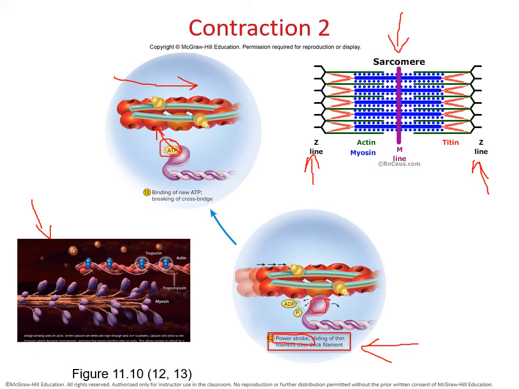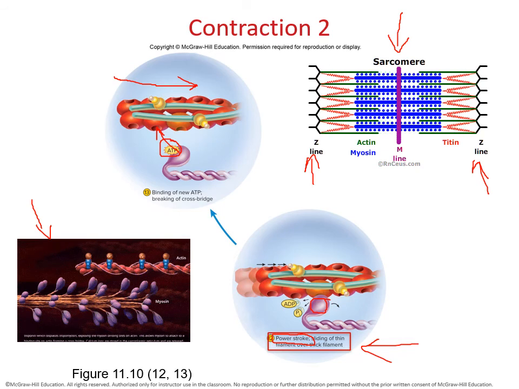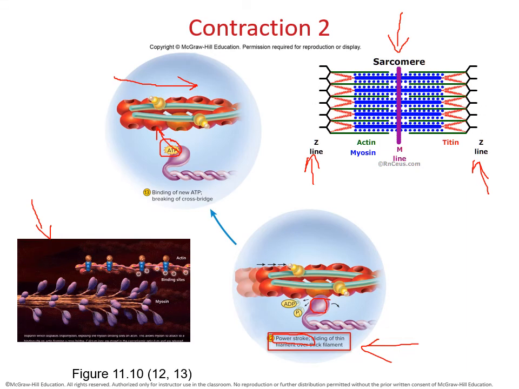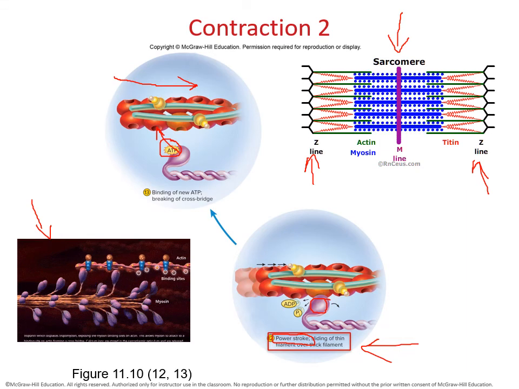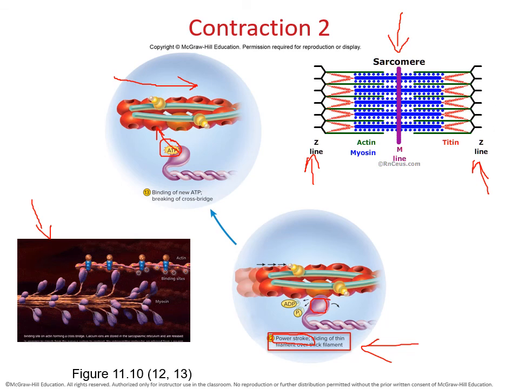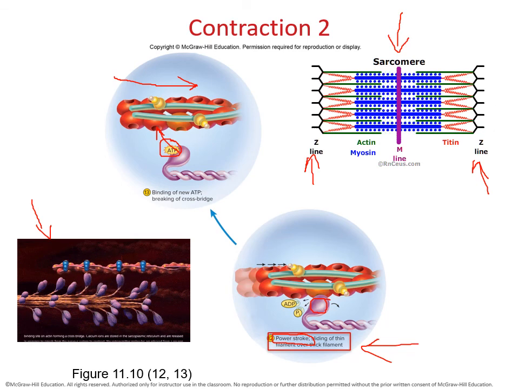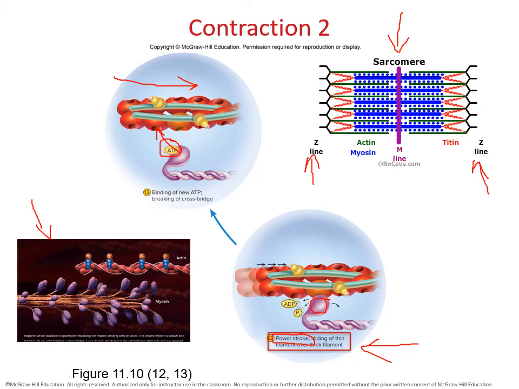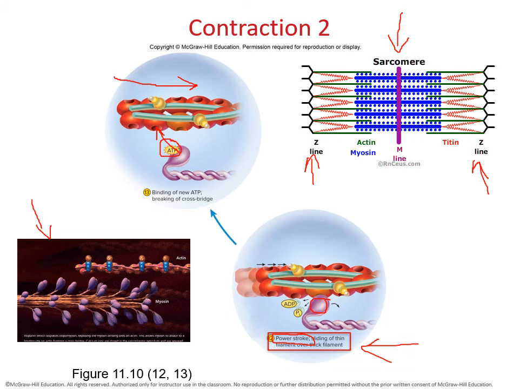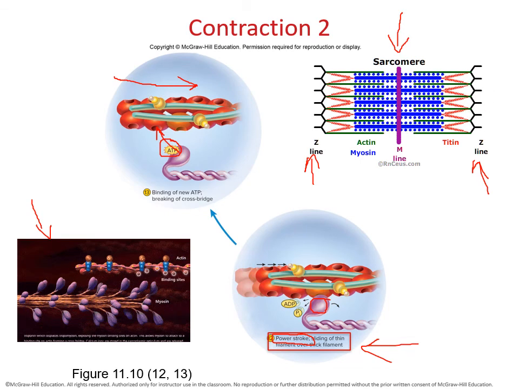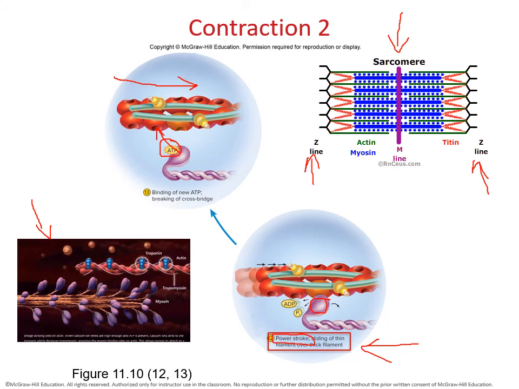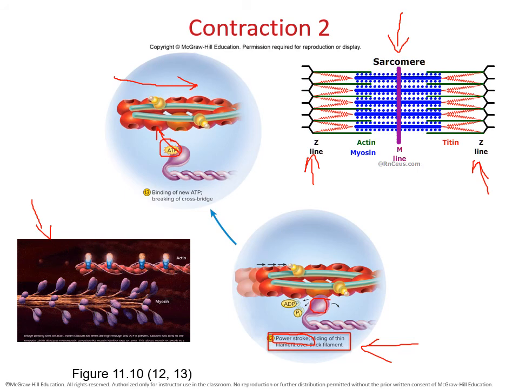So the contraction is all about, one, making a cross bridge, a physical connection between the thick and the thin filament, and then doing a power stroke where the head of the myosin goes to another active site and allows the thin filament to slide over the thick filament, thereby creating an overlapping area, allowing the Z discs to get closer. And the sarcomere, your contractile unit, it shrinks, right? Because it gets closer. And that is then what we see as a muscle contraction.